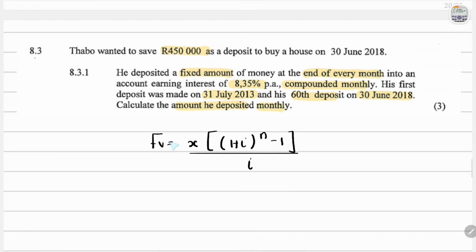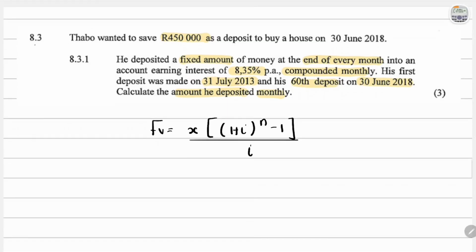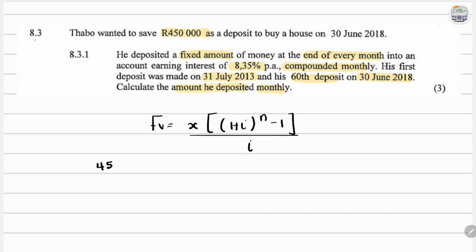And we can see from the information that the future value itself is 450,000 Rand because he wants to buy a house costing this amount. So we want to know what he needs to keep putting in order to achieve that. So that is the future value, 450,000 Rand is equal to X is missing. We need to find out how much he deposits every month. And then we have 1 plus, and the interest is 8.35. So that is